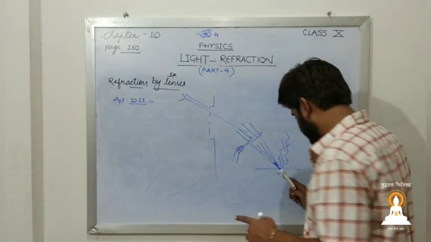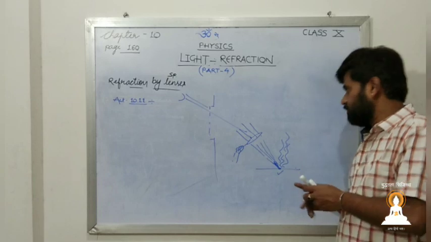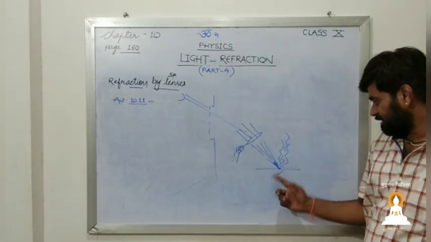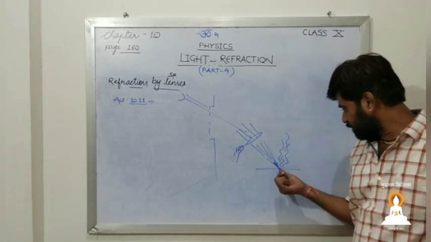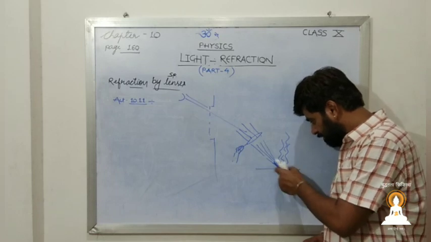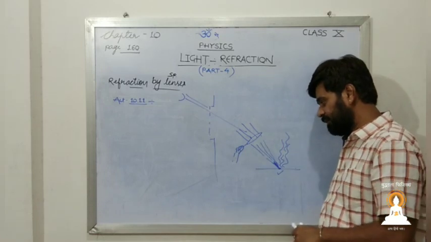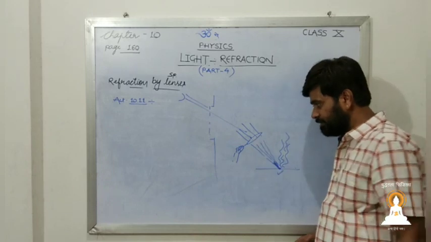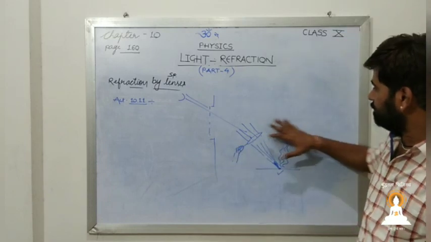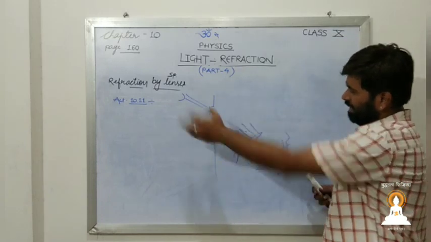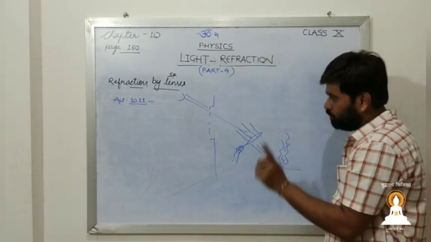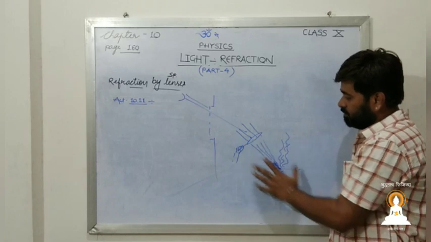Why has it started burning? Because this is the image of the sun. Now you can see the image of the sun can do miracles. Once it is formed, suddenly the paper burns out, as it crosses its ignition temperature. So that is activity number 10.11, the basic one, because usually every student has seen such a scenario. But you should not do it at your home.